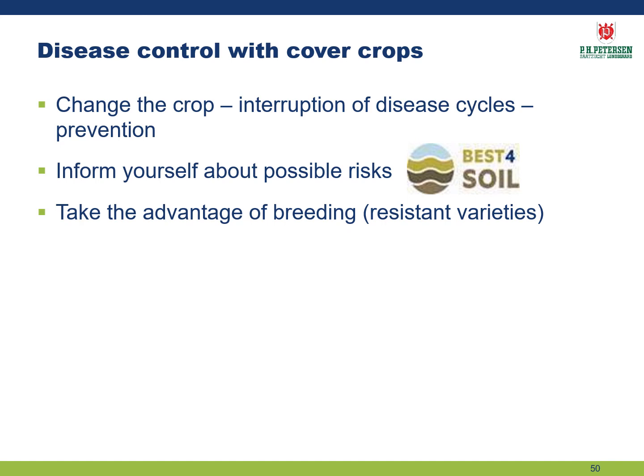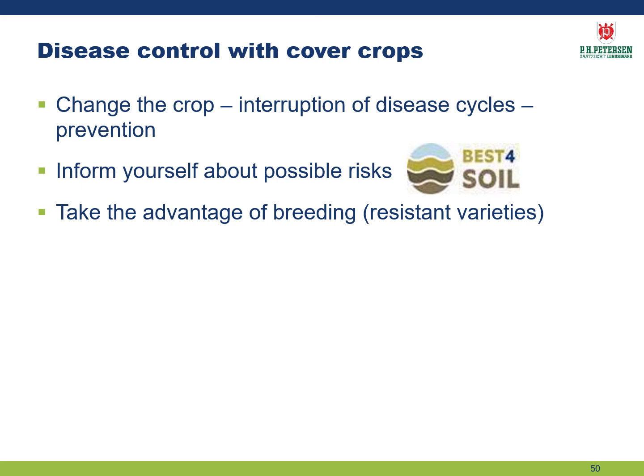Generally, a change of crop means an interruption of disease cycles and a kind of prevention. And therefore, I showed you the families of cover crops. So please change the family before you use a cover crop. After a legume, not again a legume. After a brassica, change to a cereal. That is mostly one point to have a prevention against diseases.